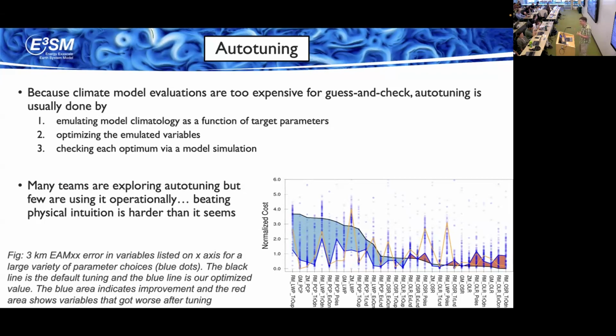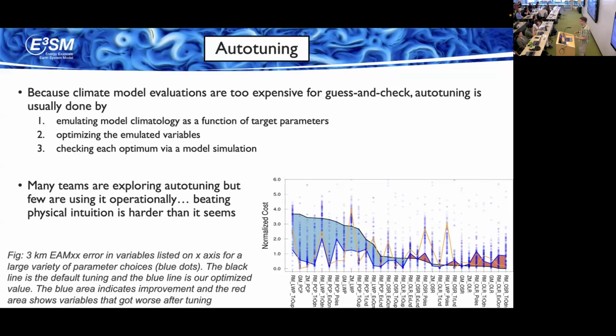And so what ends up generally happening in this field is that you first come up with an emulator for your climate model. Instead of emulating this time step by time step behavior of the model, you usually emulate the model's climatology, so like the time mean average of the model behavior as a function of the uncertain parameters you have.